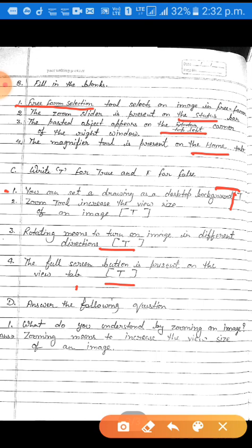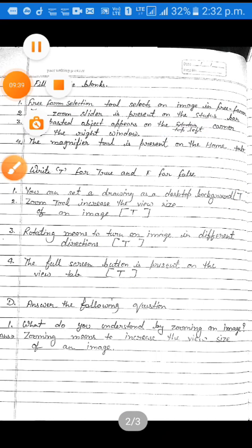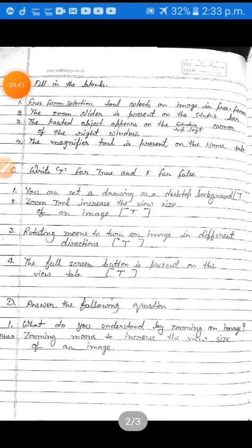Now come to the next exercise, that is exercise number D. Look at the exercise number D. Exercise number D is answer the following question. Okay.